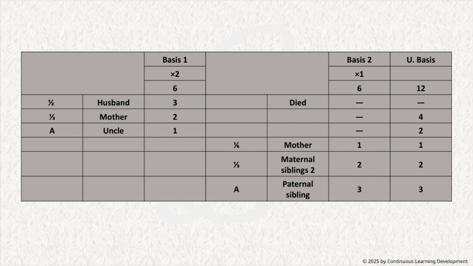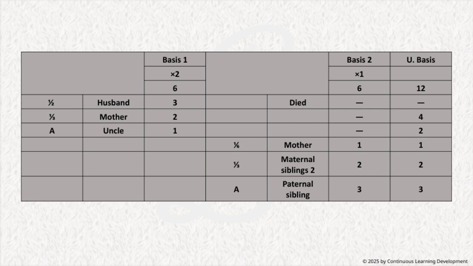Now, looking at the row labeled husband, for instance, we see that the basis involves a times 2 factor in basis 1 and a value of 6 in basis 2, leading to a U basis of 12. This indicates a doubled impact or weight in the calculation, which is important when considering inheritance or resource sharing. Similarly, for mother, we see different ratios, a half and 1/3, showing how varying assumptions or scenarios influence the overall basis. For example, with a half basis, the impact is 3 in basis 2, resulting in a U basis of